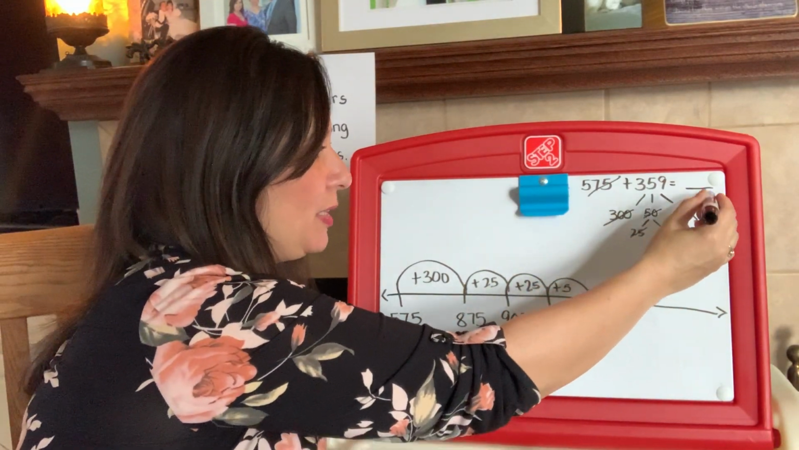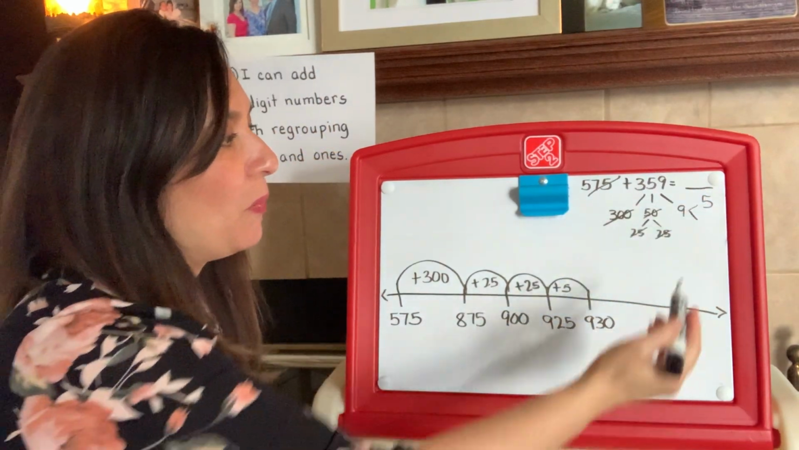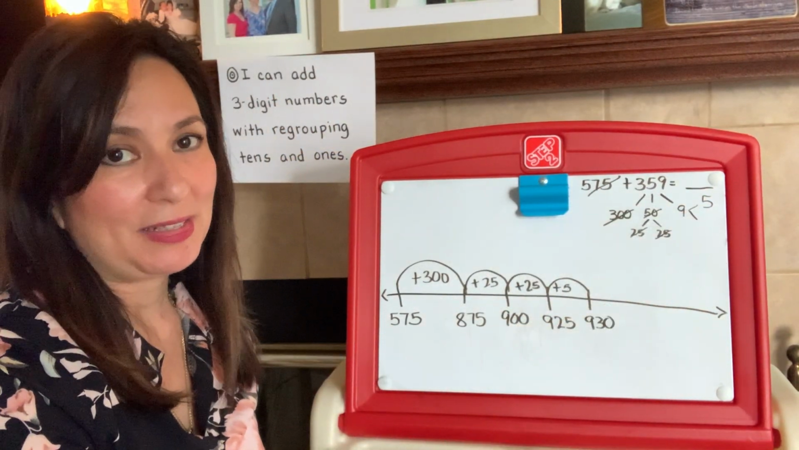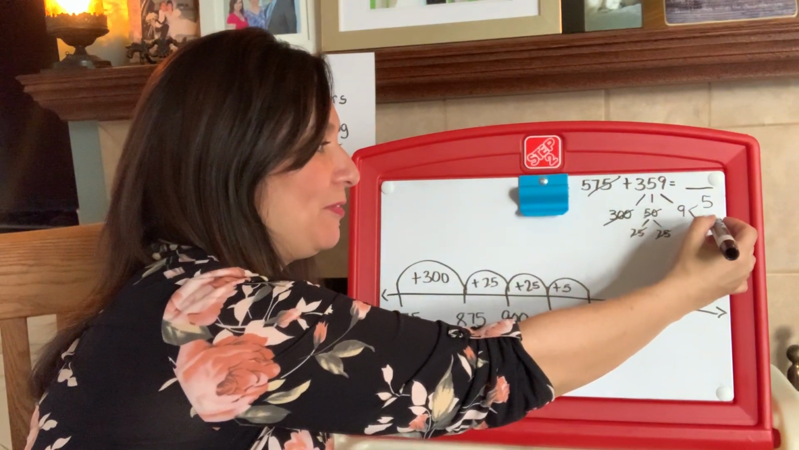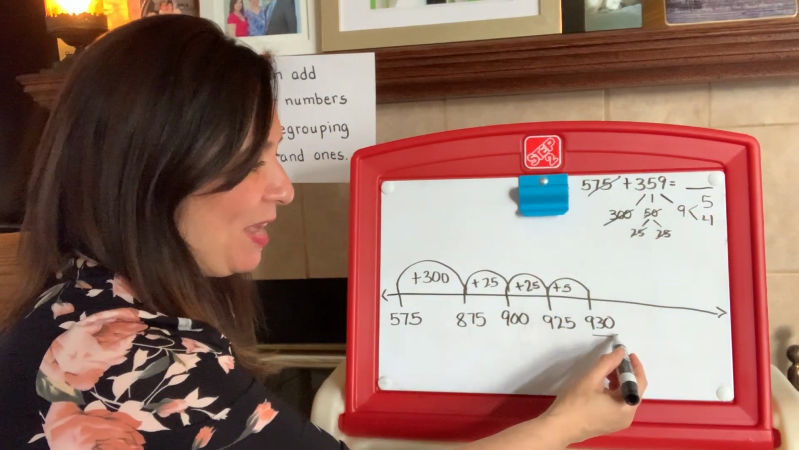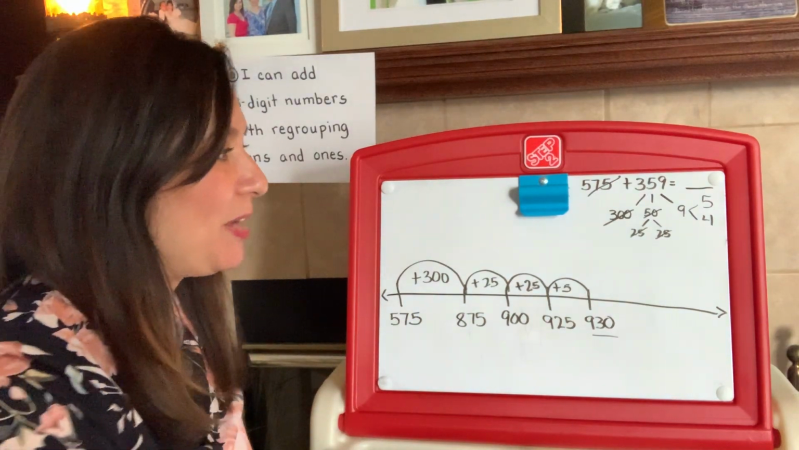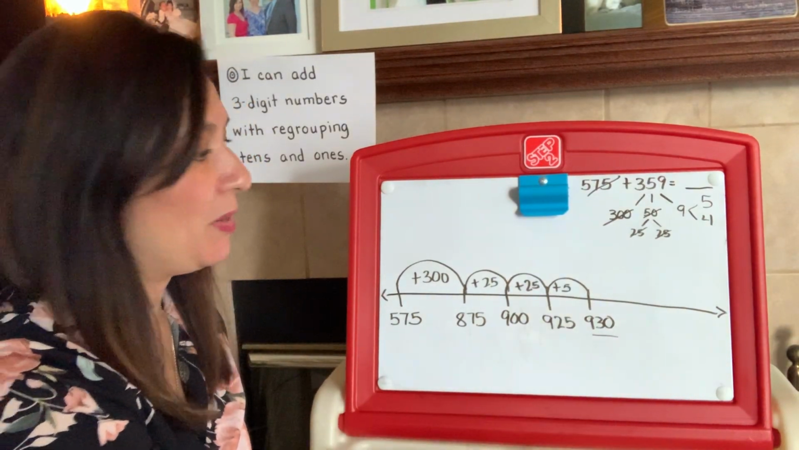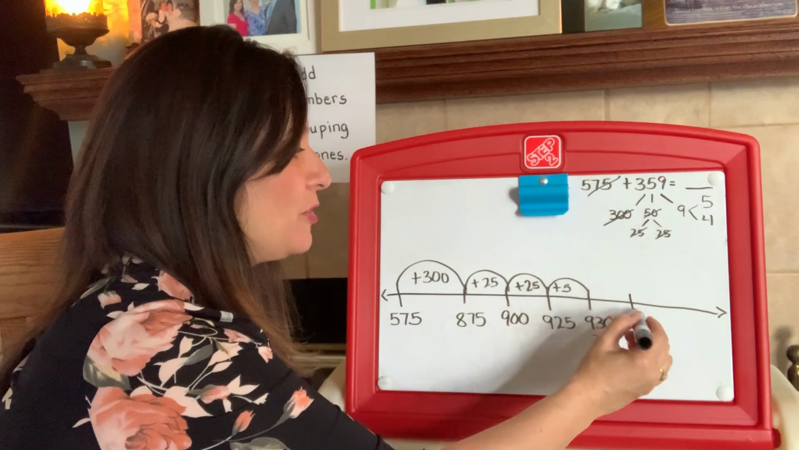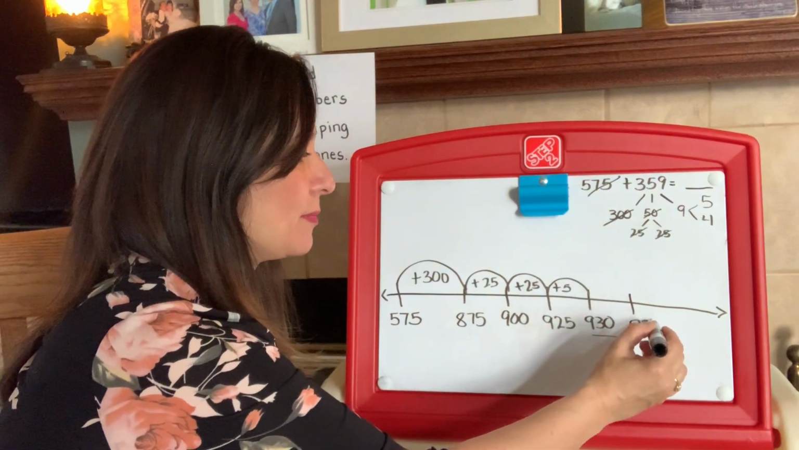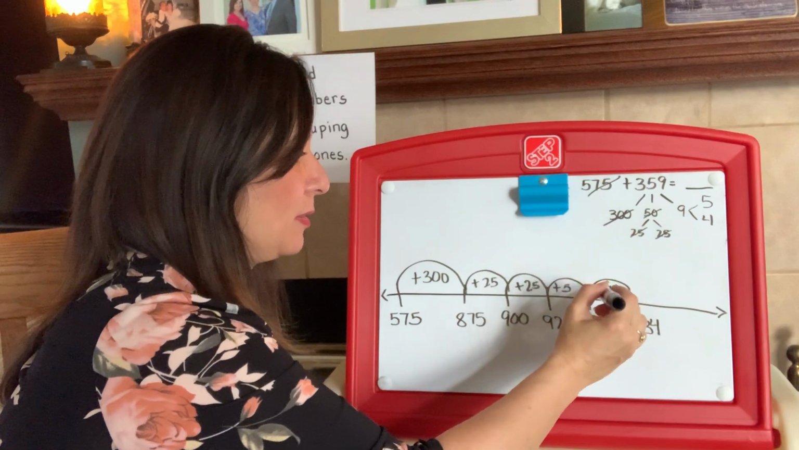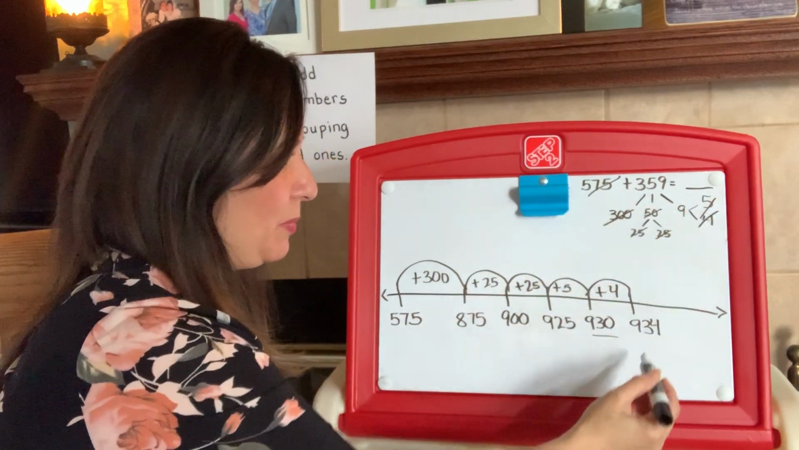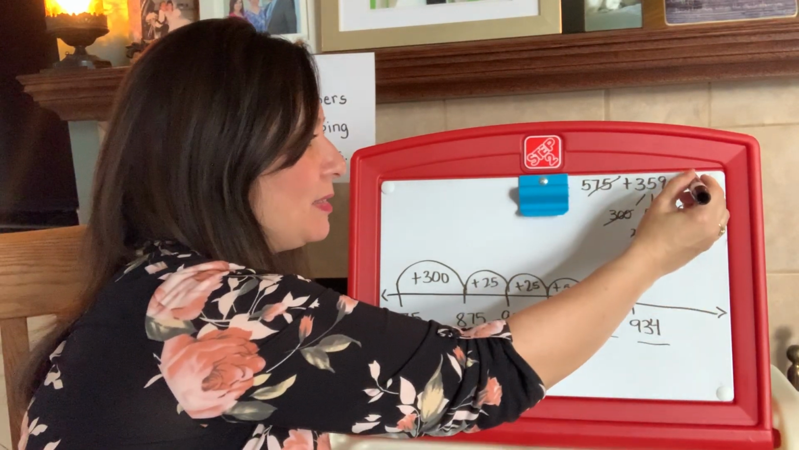I'm going to decompose it over here. What is the other part of 9 that I need to jump? 5 plus what number equals 9? Say it with me. 4. So now I'm at that friendly number that we love so much. 930 plus 4 more equals what? 934. And I'll draw my plus 4. And then I'm done with those numbers. So my sum is